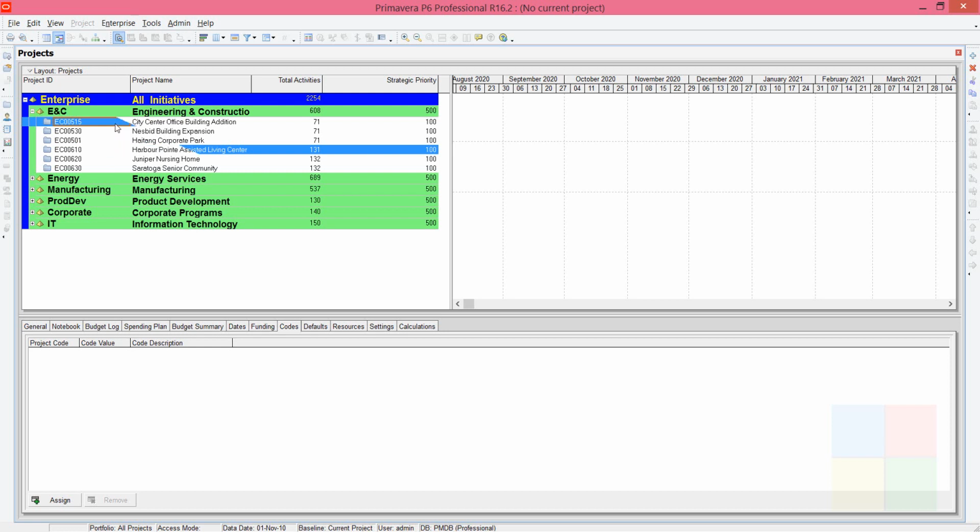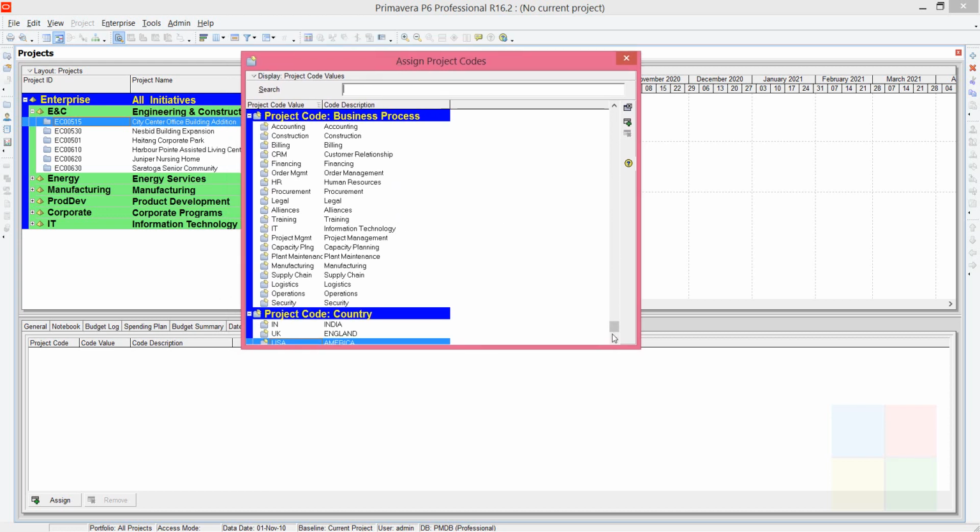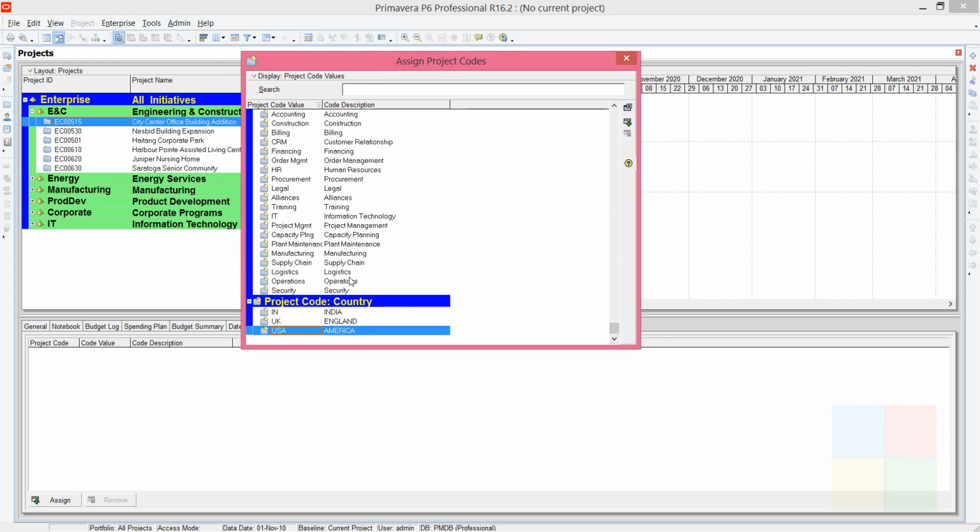For the first project, I'll highlight it, then go to codes here in the project details tab. You can see that, right? Click on codes, then click on assign. Here, the one which we created just now appears. The project code country is there, the project code name, and these are the project code values.